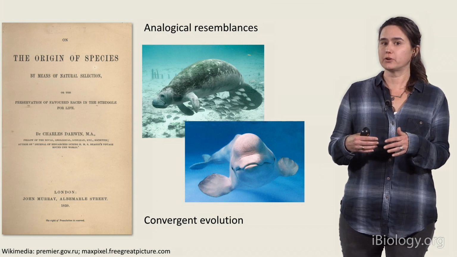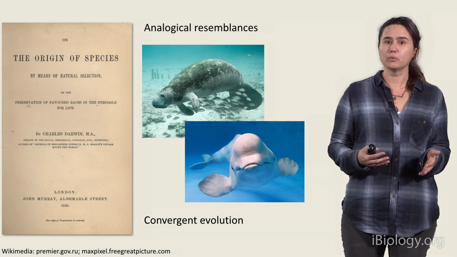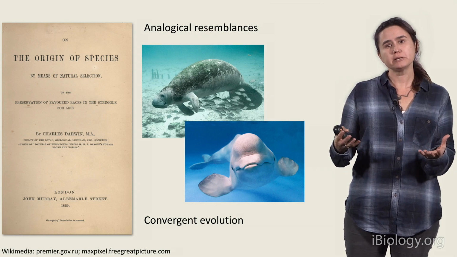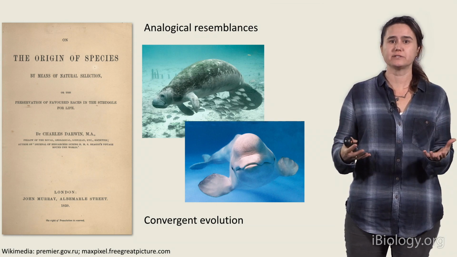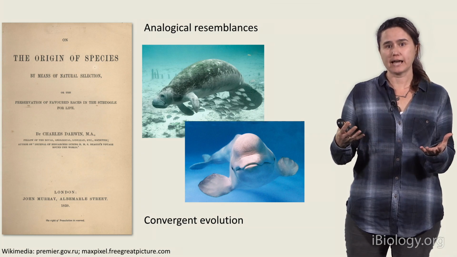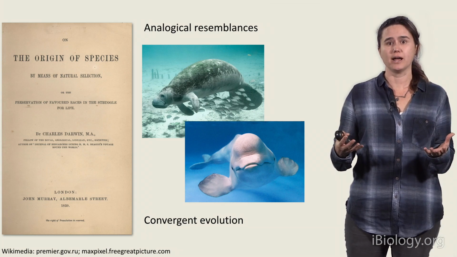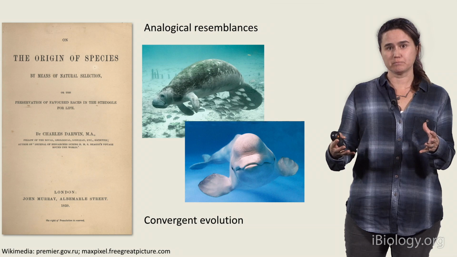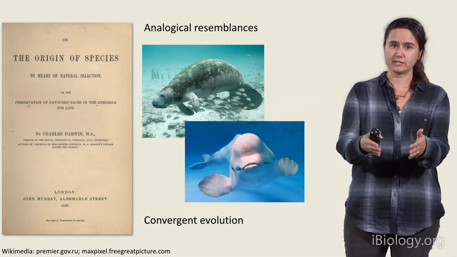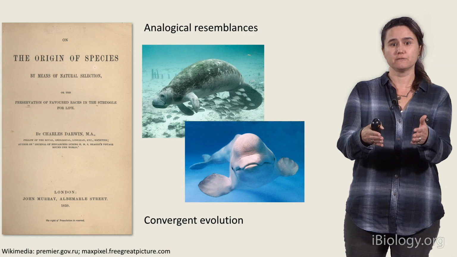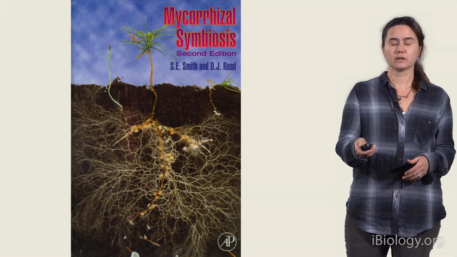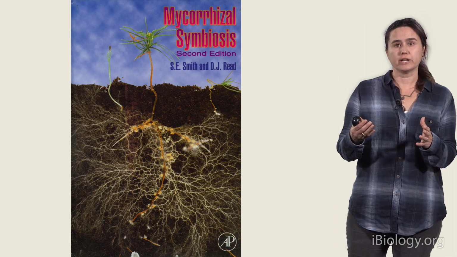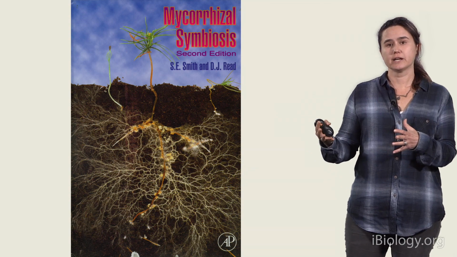So if you look at the photograph of this manatee and the beluga whale underneath it, you can see that they have a similar shape. And it's probably because they're subject to similar kinds of selective pressures in their different habitats. In fact, it's almost certainly because that's what's going on. So they're unrelated, but they look alike because of these common selective pressures. There's been a convergence towards the evolution of a similar form. We have been thinking about that idea of convergent evolution in the context of a very different kind of biology,